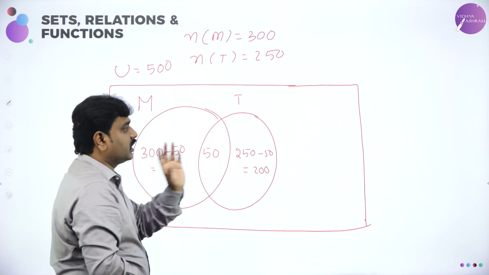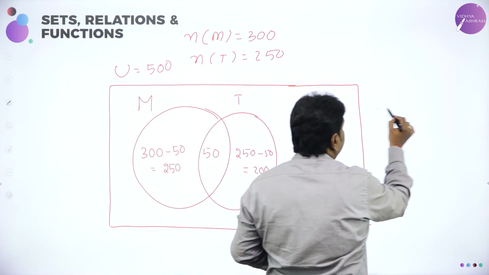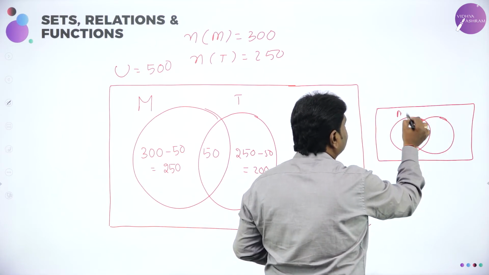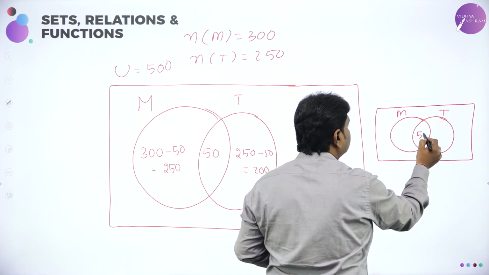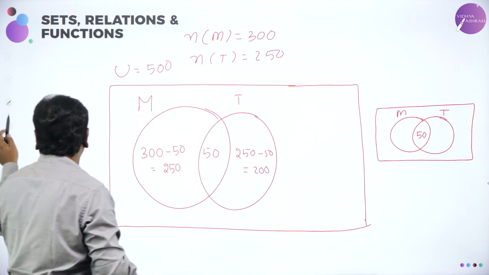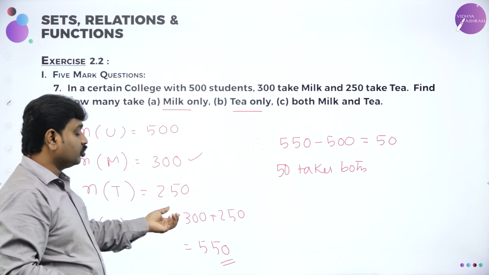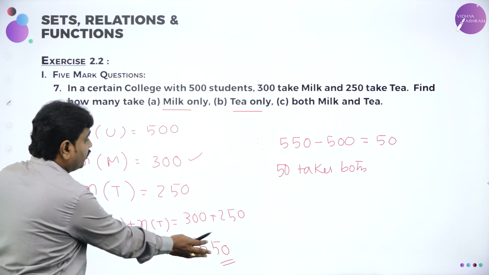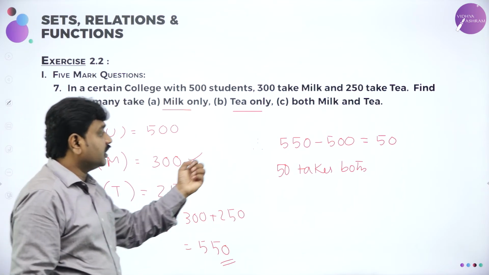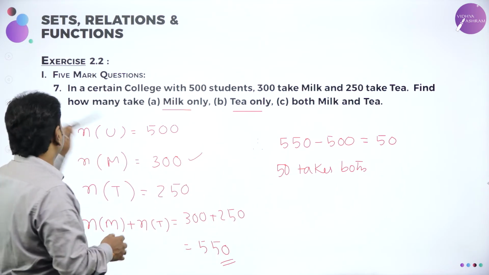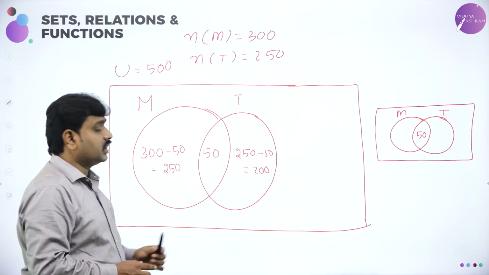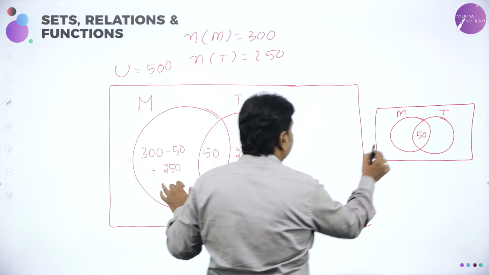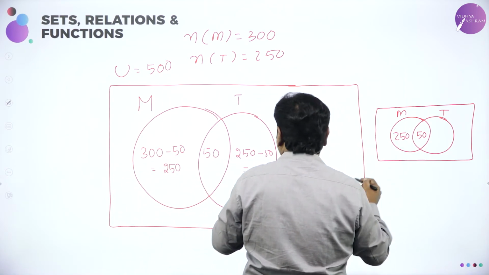Now redraw the Venn diagram, the completed Venn diagram. The Venn diagram contains two sets. One is milk consuming people, the other is tea consuming people. 50 consume both, which we got in the last case. Here, if I add the total number of milk consuming and tea consuming, I am getting 550 because I don't have 550 students. Out of 550, remove 500, I will get 50. That 50 is common. They take both tea and milk. So fill that here, and the total milk is 300. Out of 300, you remove 50. So 300 minus this will give you 250, and this will give you 200.